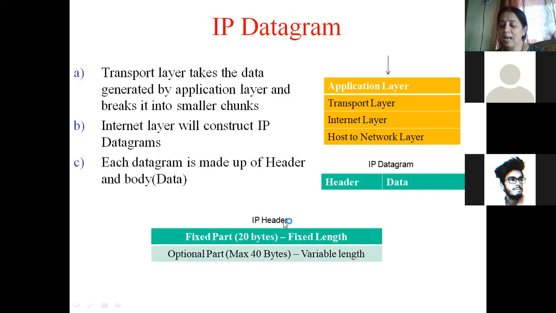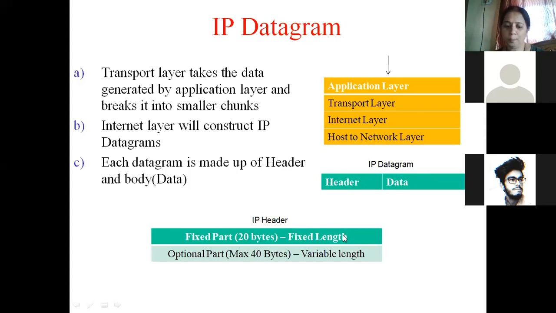Now the data part can be up to 65,535 bytes. The header part is again going to have one part which is fixed, which will always be there. Every IP datagram will have the fixed part, and that fixed part is 20 bytes of fixed length.